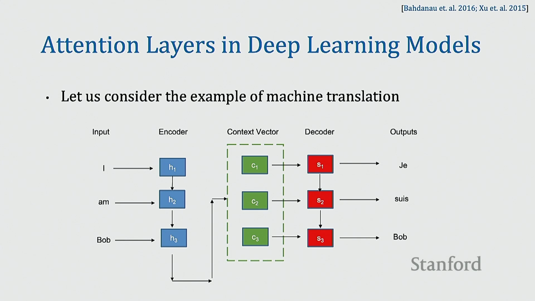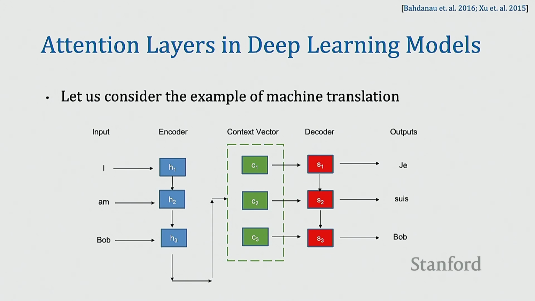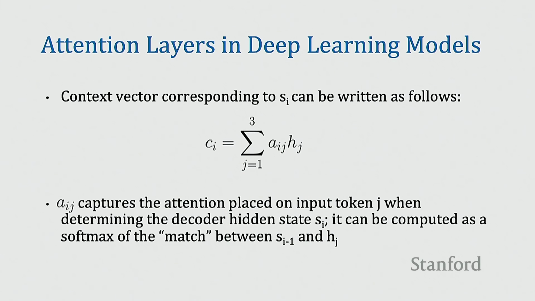So now, attention layers: how to add them in this kind of an architecture? Before I describe exactly what attention is here, the change that you hopefully noticed from the previous slide to this one is that we added some complexity to the context vector. The encoder has remained the same, the decoder has remained the same, but the context vector is no longer just C. We now have separate context vectors corresponding to each token of the output, right? So the way we introduce interpretability into this is as follows.